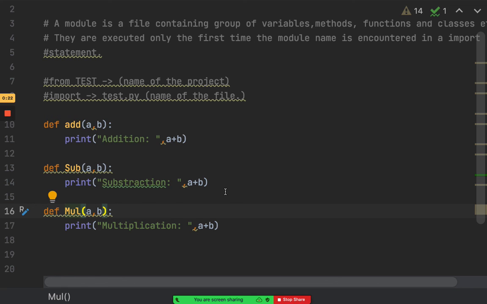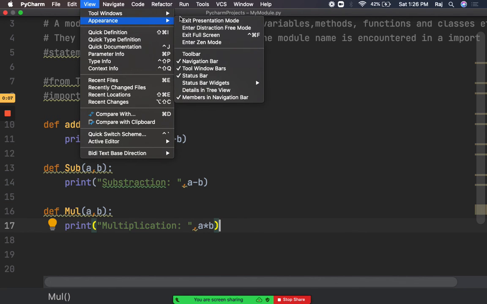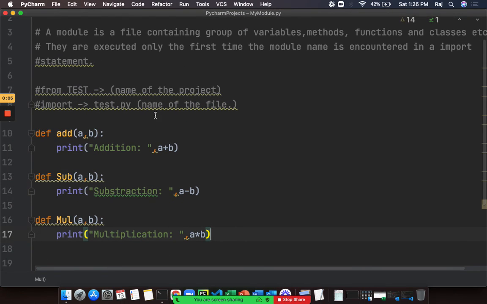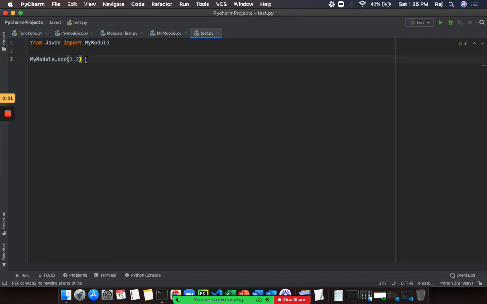Okay, so imagine I would be defining addition, subtraction, multiplication like this. I have given the calculations, but I haven't called any of my functions directly. Now if I just exit the presentation mode and go back to the test.py, and I say similarly